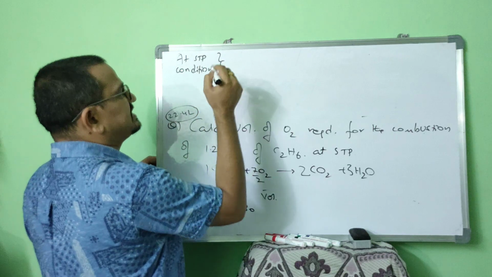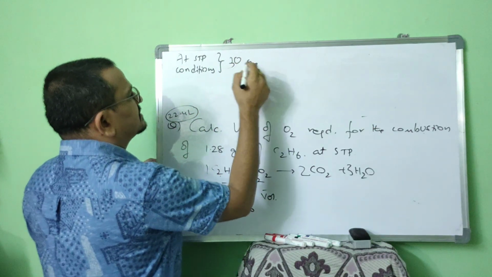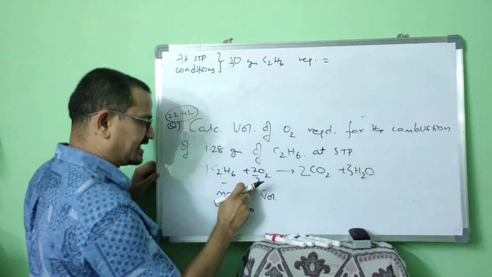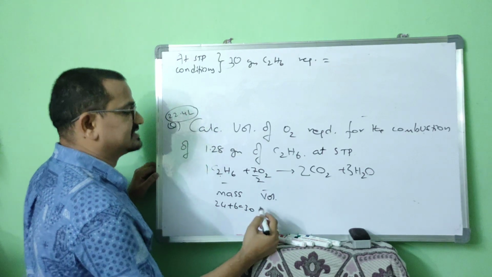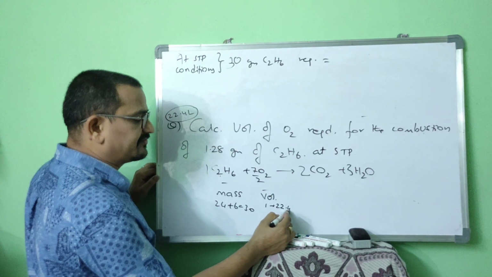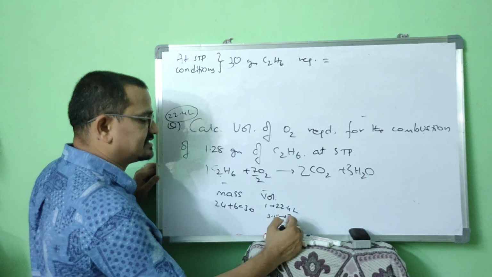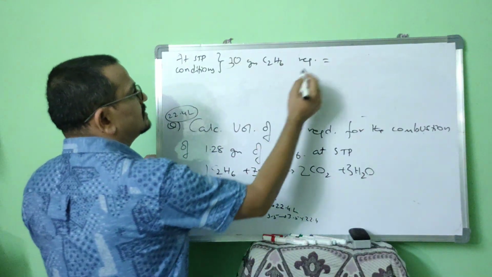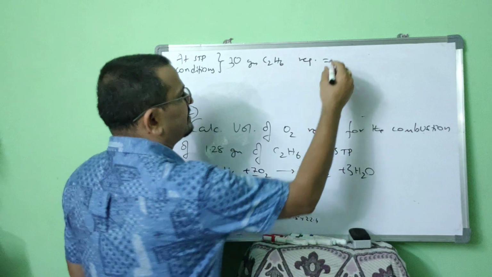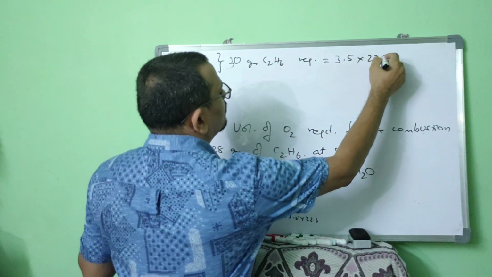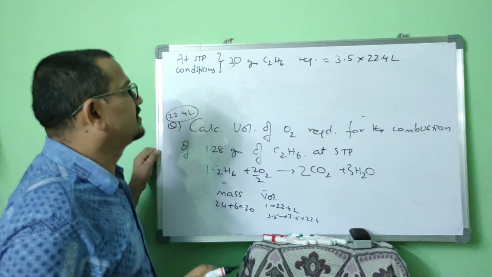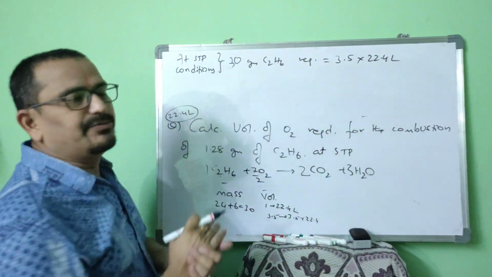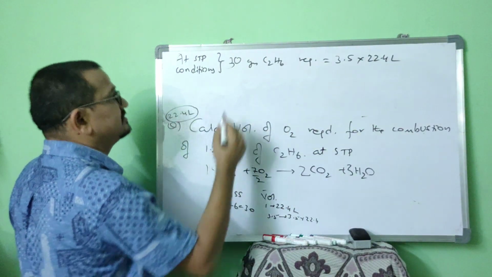So as per equation at STP conditions, 30 grams ethane requires how many moles? 3.5 moles of oxygen. Every 1 mole occupies 22.4 liters. 3.5 moles occupies 3.5 into 22.4 liters. Right? So 30 grams requires 3.5 into 22.4 liters. When 30 grams needs 3.5 into 22.4 liters, then